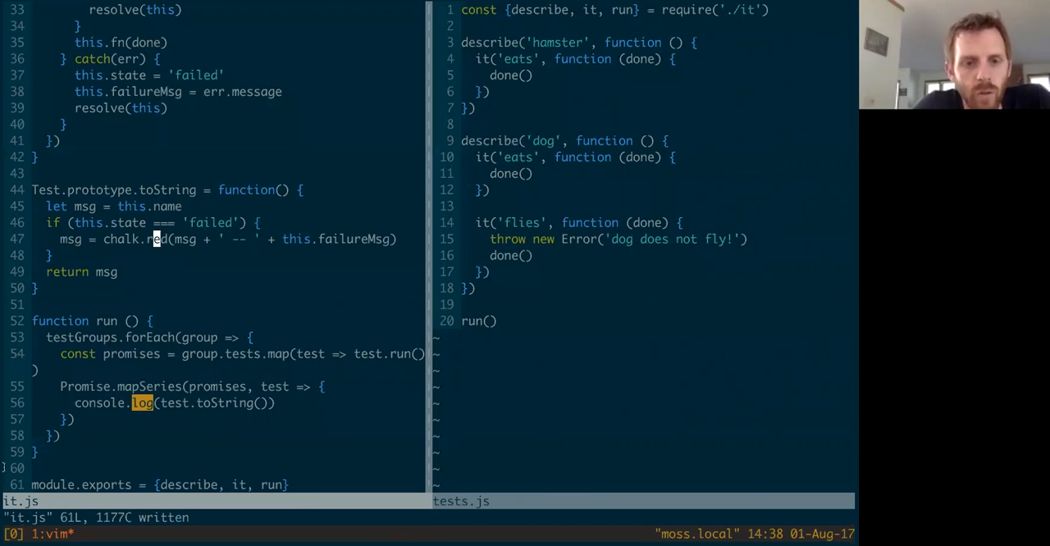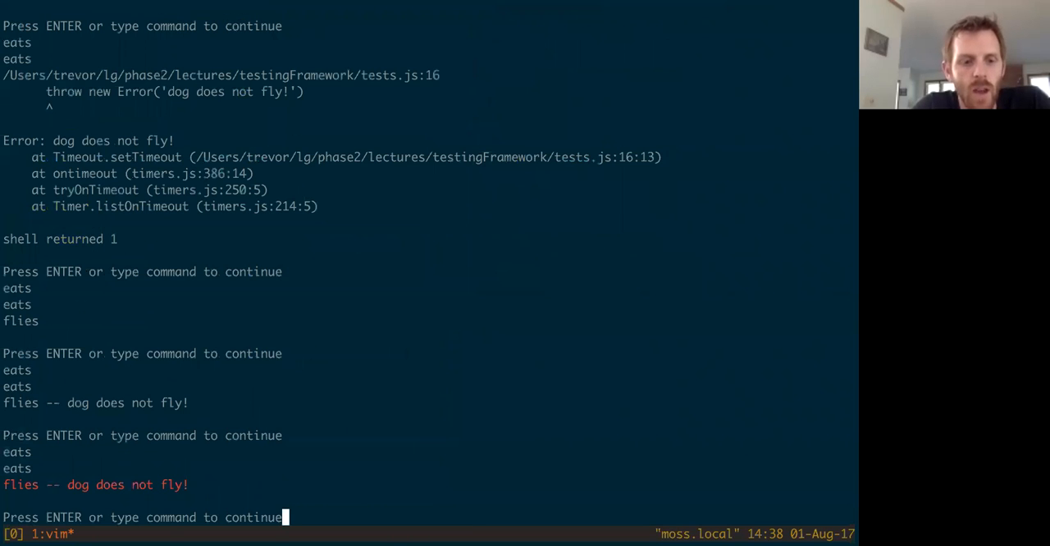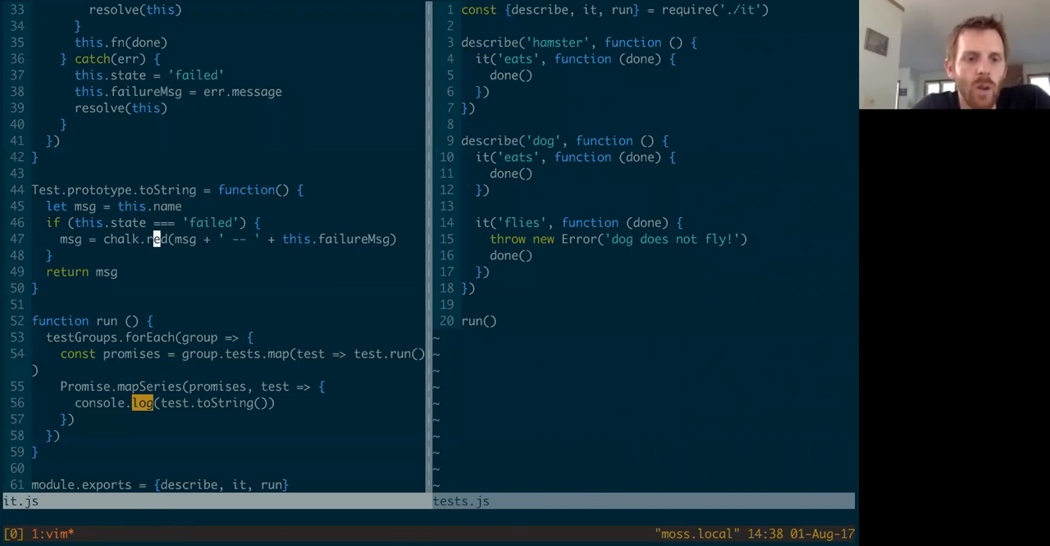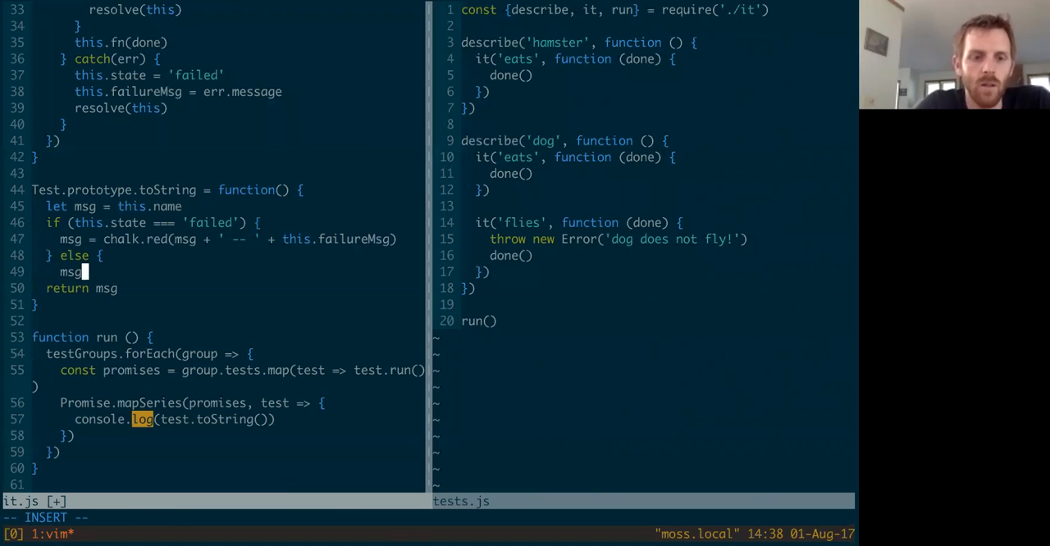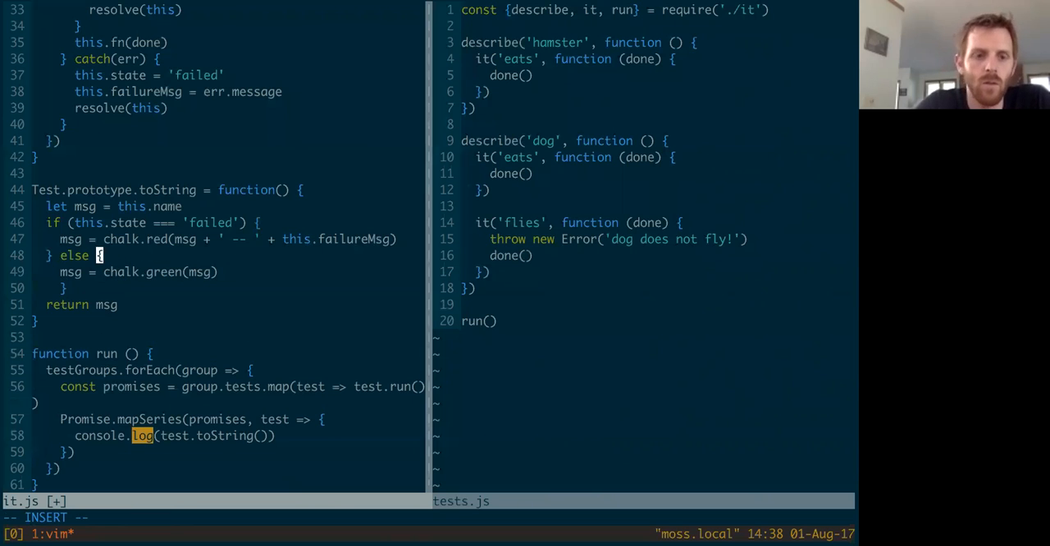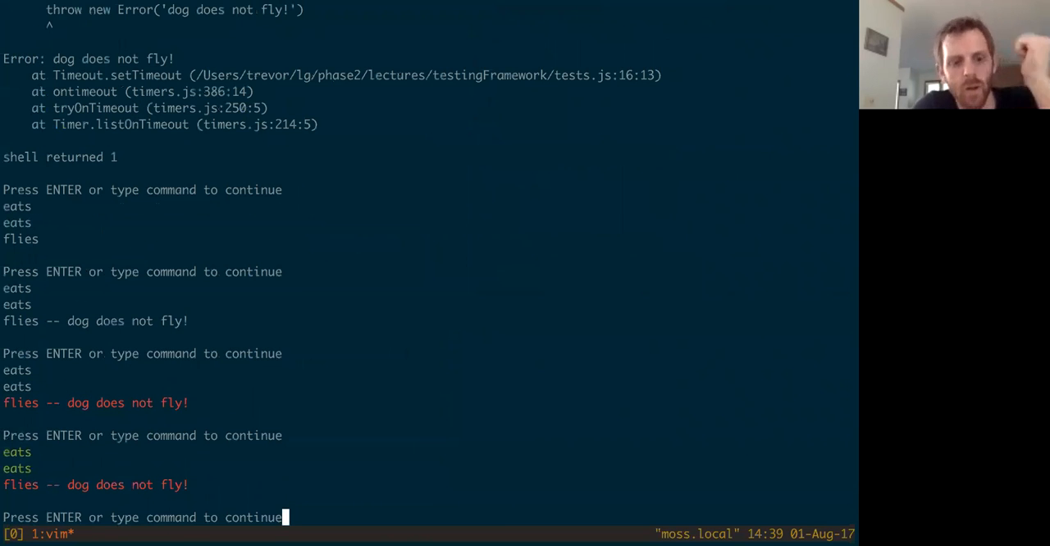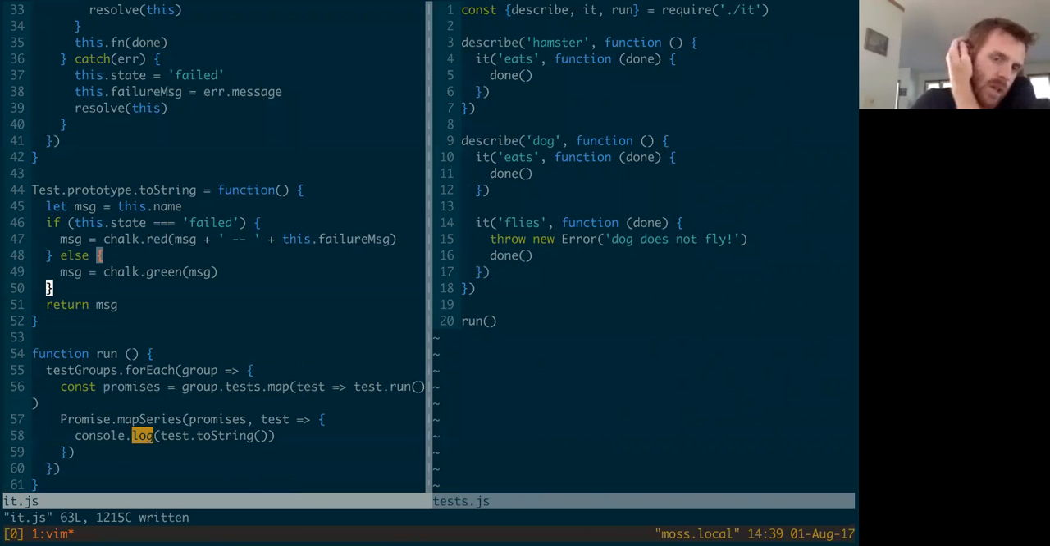So chalk.red will add on to this string the special invisible characters that tell the terminal to print fun colors. Yay, and now our failing tests are red. And if we wanted our happy tests to be green, we could say, here we go. So we got our tests running in the right order, and we've got some nice messages printing out,